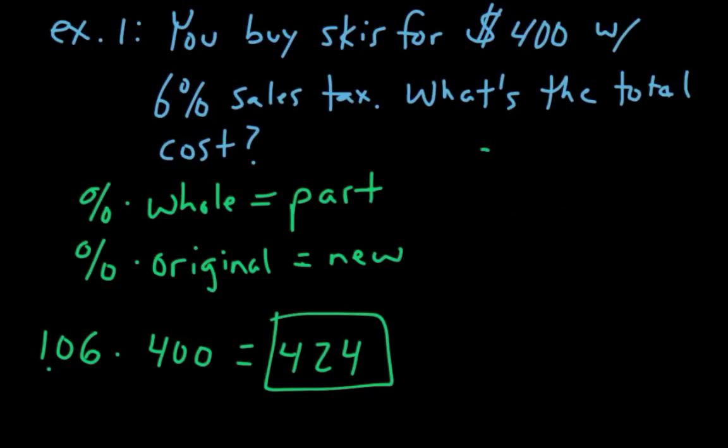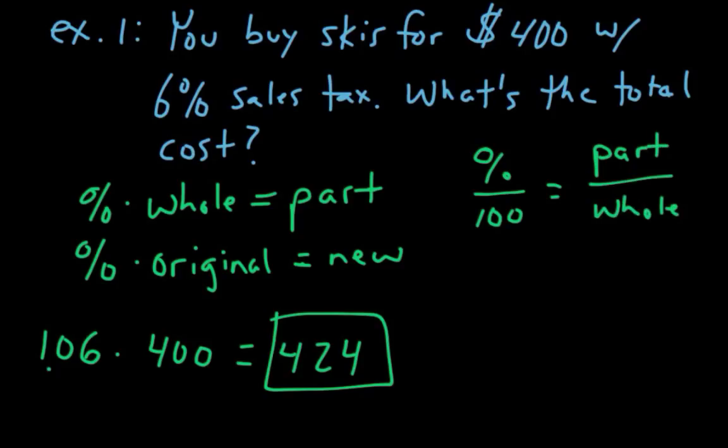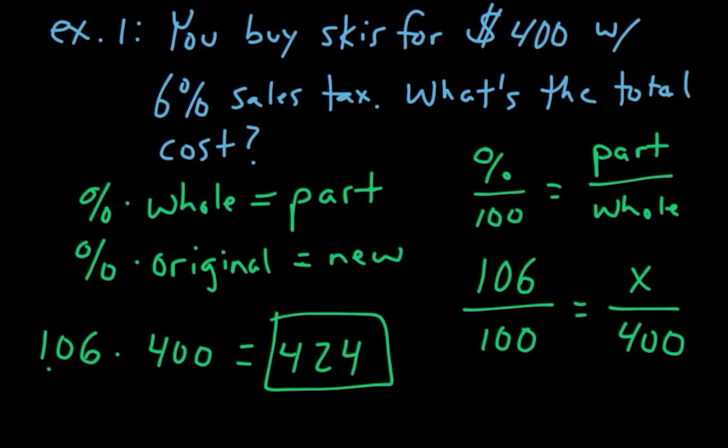The other way that we were doing it was saying the percent divided by 100 equals the part divided by the whole. And if you wanted to, you could change that to the new over the original. And really it's a little bit more work, but it does that moving the decimal for you. So we want 106% over 100 equals, we're trying to find that part, or we're trying to find the new. The whole was the $400. So we'd have